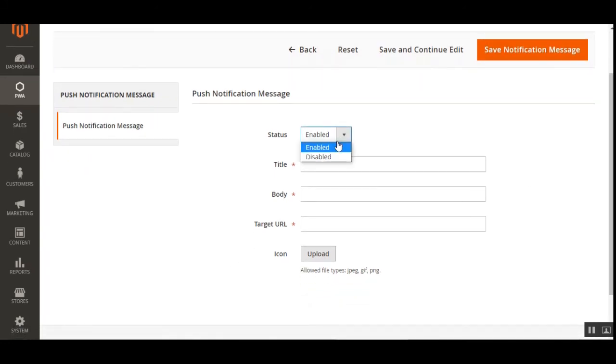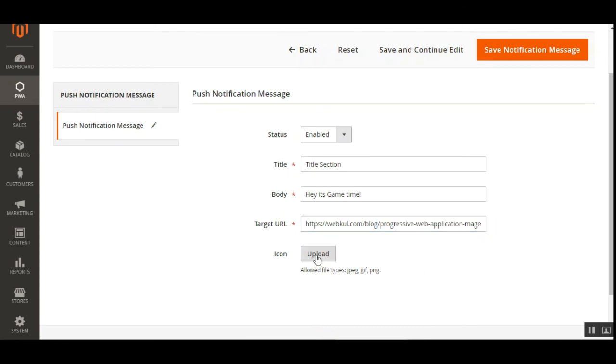Now here we have the new push notification message section. So here we can enable this push notification initially. We can set up the title. So I'll just enter a demo title for the same, and you can go further for your own requirement there. In the body section, I'll set up the text, hey, it's game time. I'll set up the target URL where the customer should be redirected after tapping on the push notification itself. So I'll just enter the URL for my blog, for my progressive web app for Magento 2.